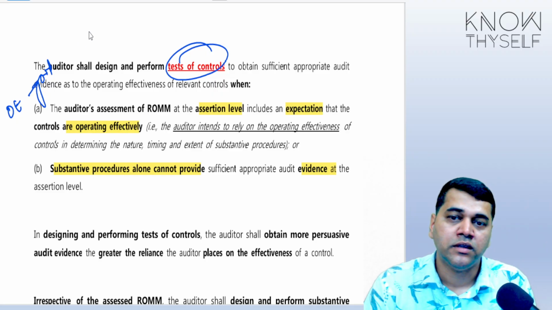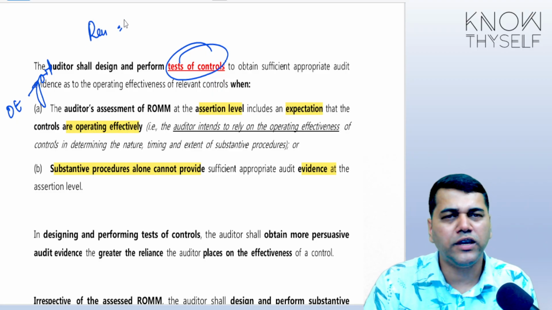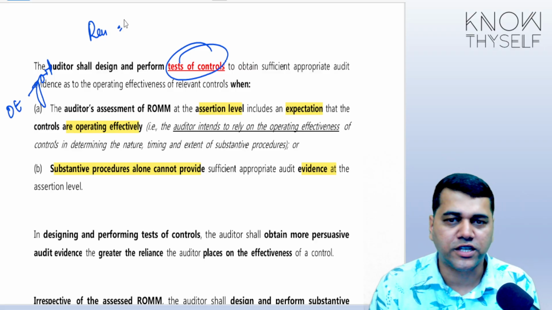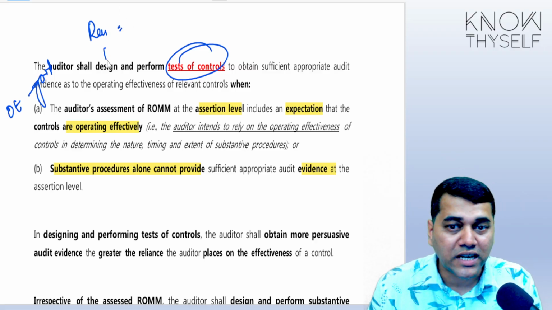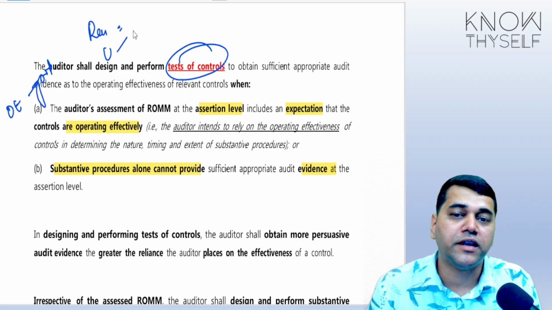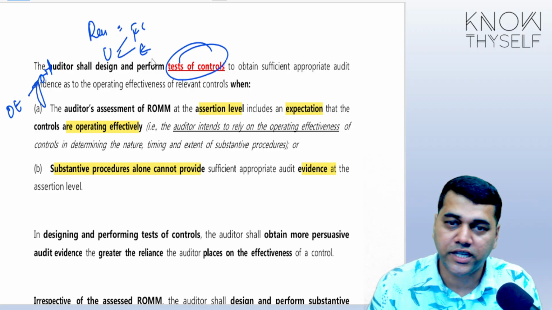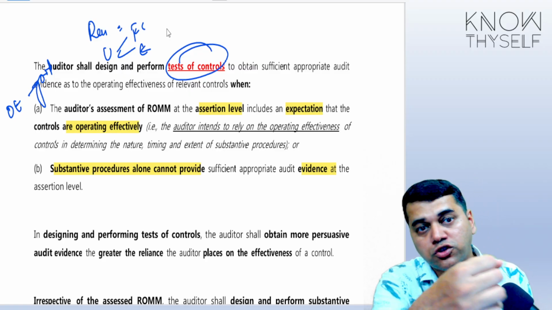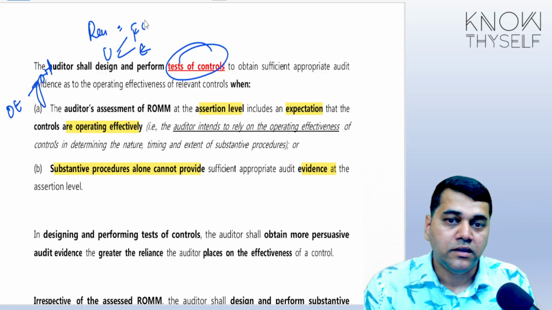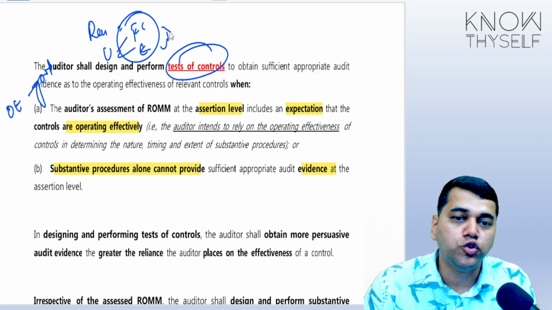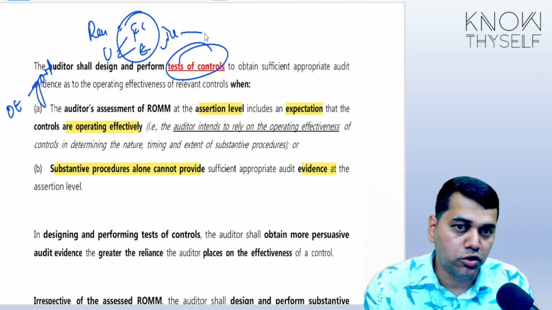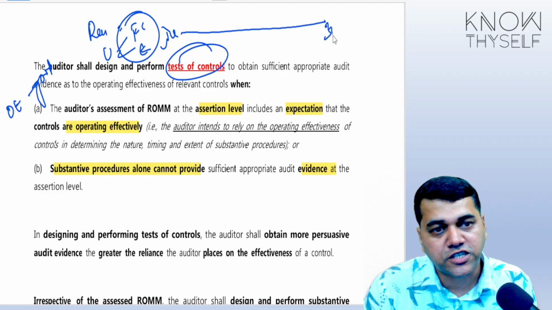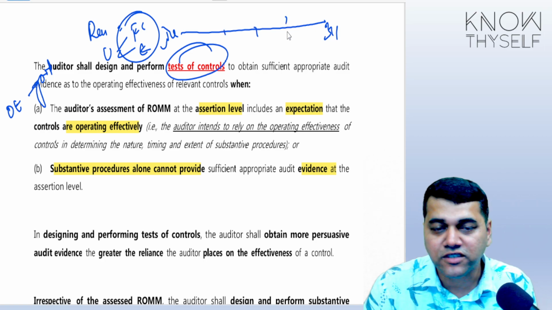Because see, students, first of all, you made a review and got in-principle comfort on whether you should go for test of control. Then you started to understand in a very detailed way by preparing flowchart, questionnaire and all. Now you got a fair assessment of the control, how strong their control is. But this assessment happened, say, in the month of June. But has this control operated effectively till 31st March? That testing is called a test of control.